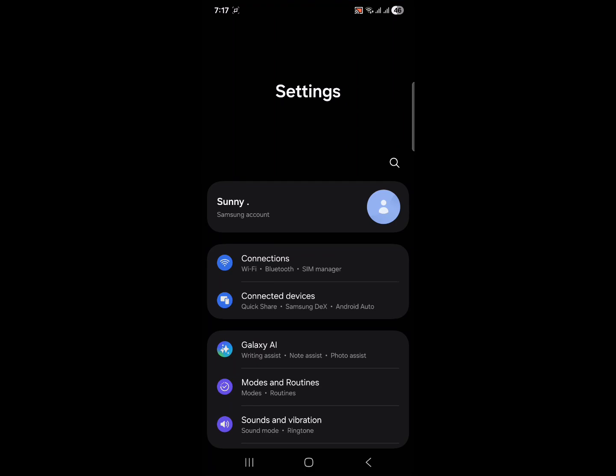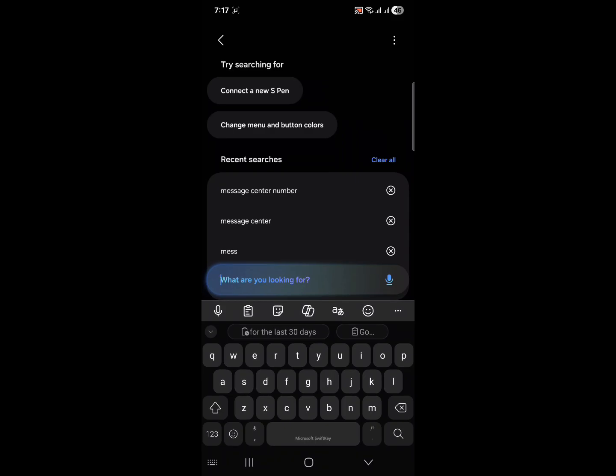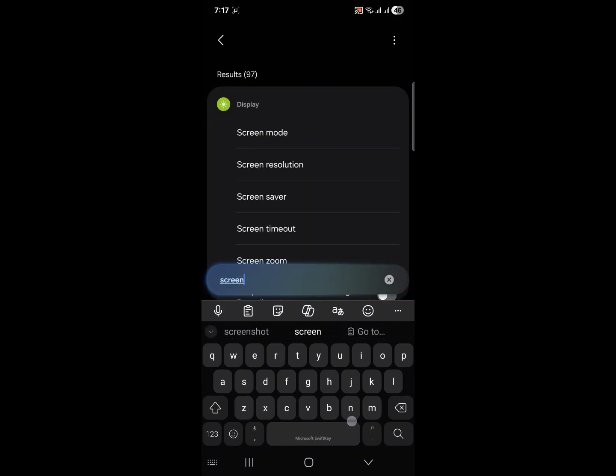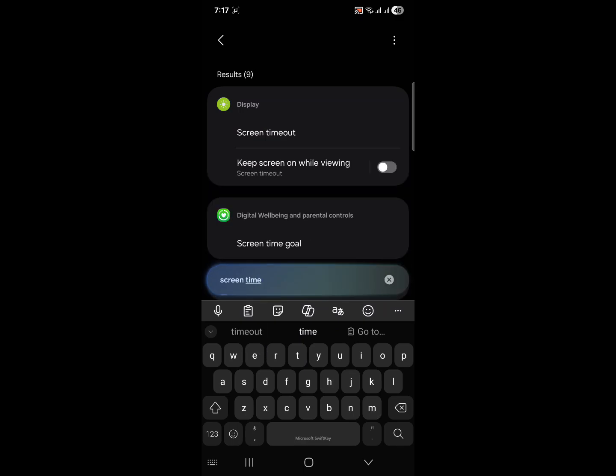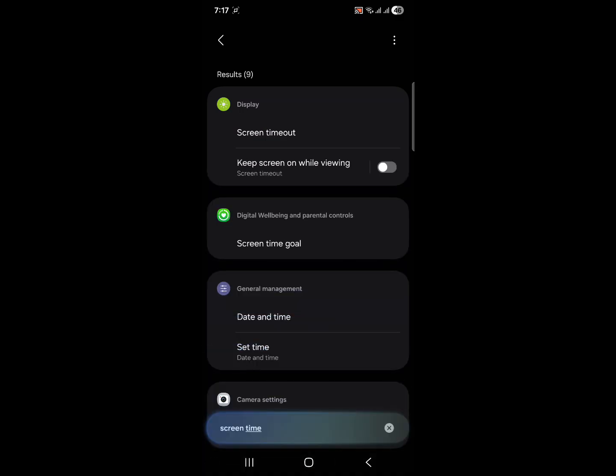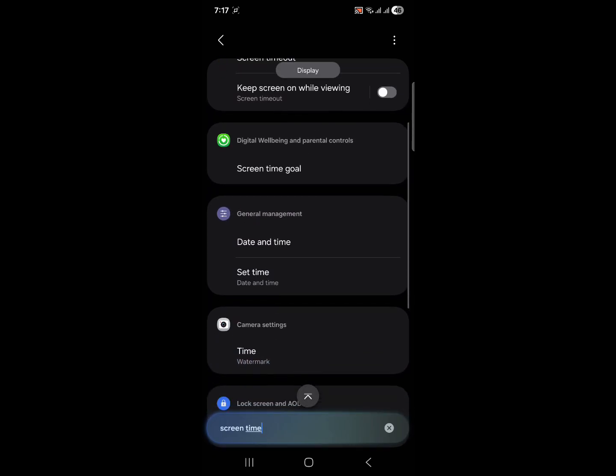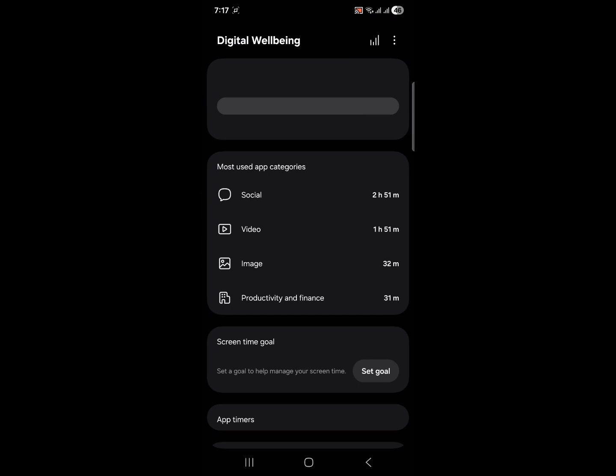Just go to the settings and there you will have a search mark. Click on that search and type screen time, and then you will find Digital Wellbeing and under parental controls, screen time goal. And once we click on that,